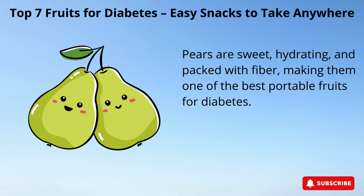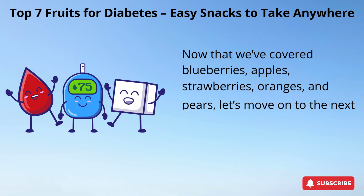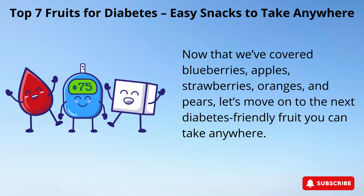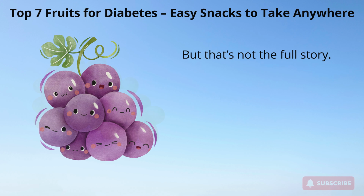Pears are sweet, hydrating, and packed with fiber, making them one of the best portable fruits for diabetes. They prove that you can enjoy naturally sweet snacks without worrying about sugar spikes. Now that we've covered blueberries, apples, strawberries, oranges, and pears, let's move on to the next diabetes-friendly fruit you can take anywhere. Next, let's talk about grapes, a fruit that many people think is too sugary for diabetics, but that's